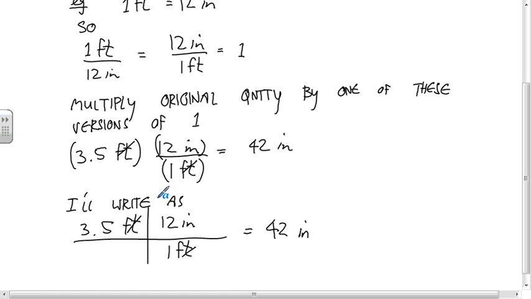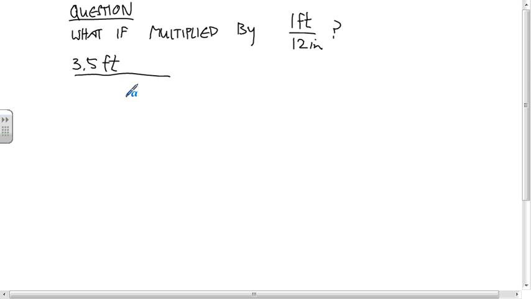What would happen if I multiplied by 1 foot over 12 inches? So we'd have 3.5 feet multiplied by 1 foot over 12 inches. In this case, nothing cancels, and we get a value of